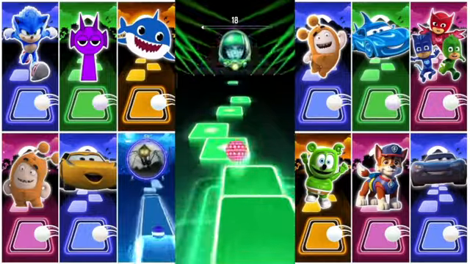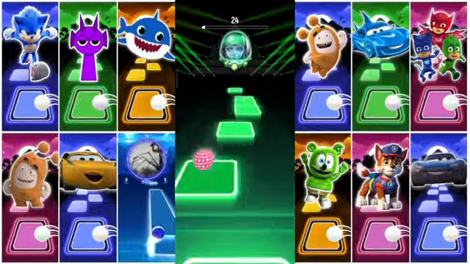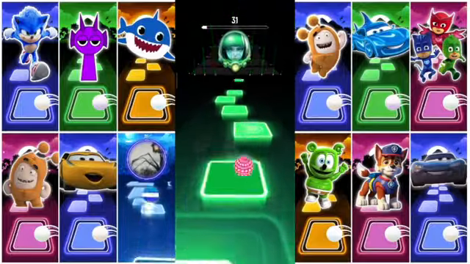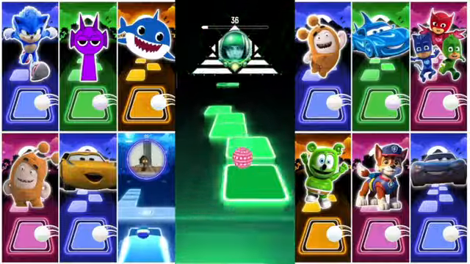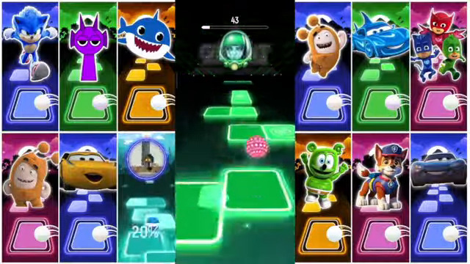Starting the second marathon, and the Tileshop EDM Rush physics are getting even more demanding. The current track is sitting at a steady 132 BPM, but